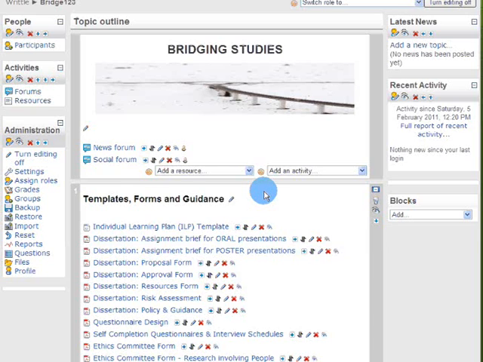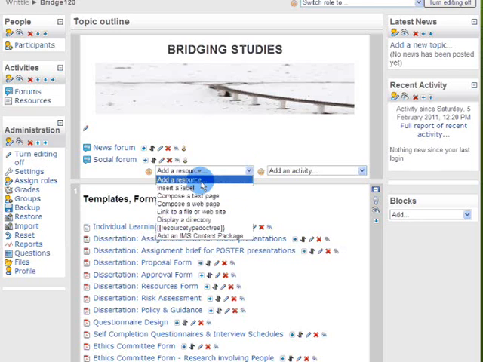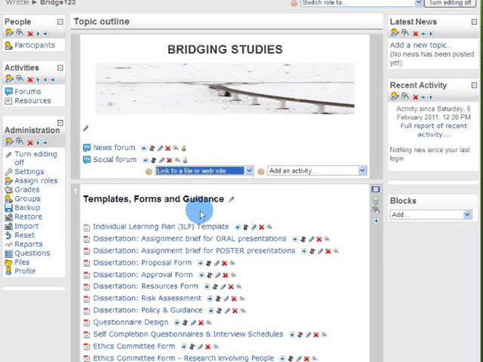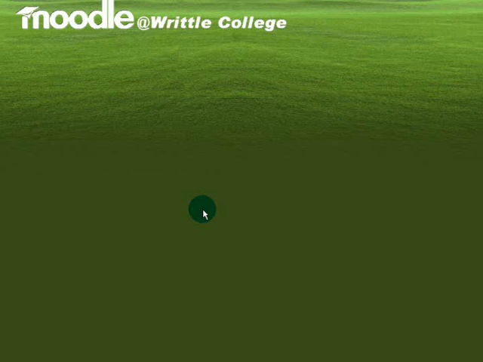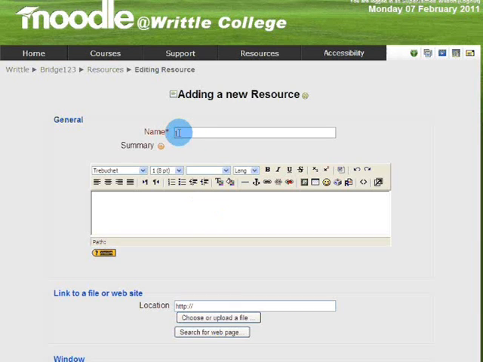What you need to do, regardless of the block, is go to Add a Resource and select that drop down, and then you will see quite simply a link to a file or website. You select that, and the compulsory part here is you have to give it a title, so I would just call it Whittle